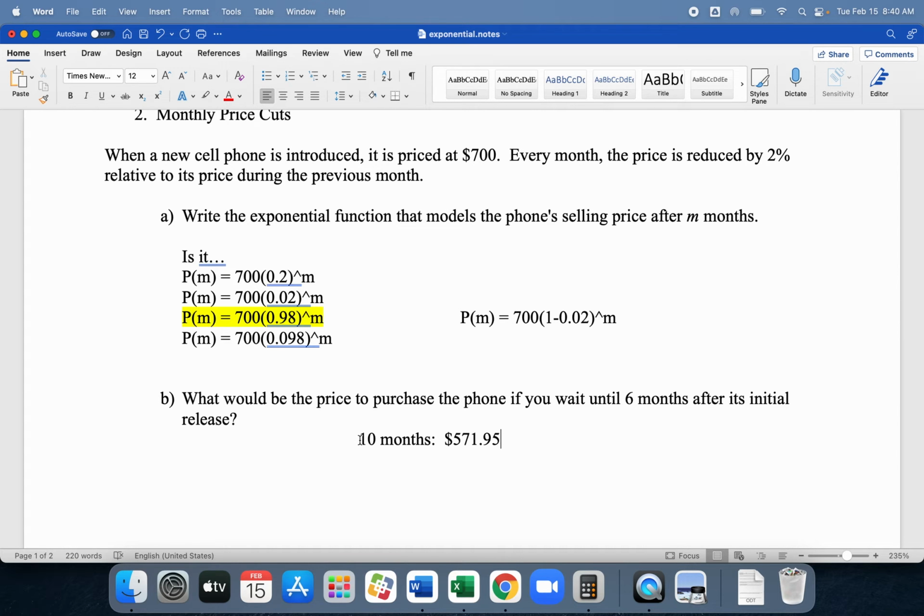$571.95. That's after 10 months. The original price was 700, right? If I want to know what percent decrease that is, I can find it a couple of different ways. The easiest way to figure out what part of this is this. If I want to know what percent this is of that, or what percent the decrease is, I can either